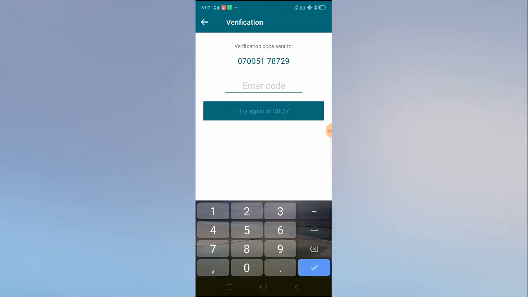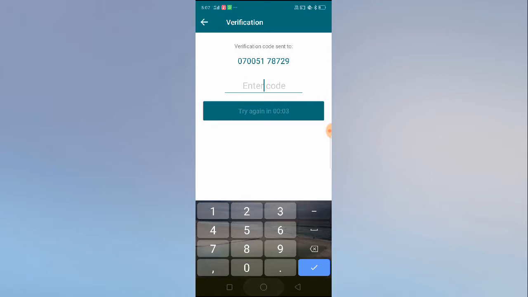In this video, I'll show you how you can fix the verification code problem in your Botim application. Whenever we try to sign up or create an account on the Botim app, the most irritating moment is when we don't receive the verification code. So how can you fix this? I'll tell you the step-by-step process in this video. So stay tuned.